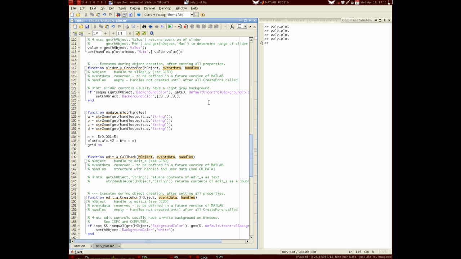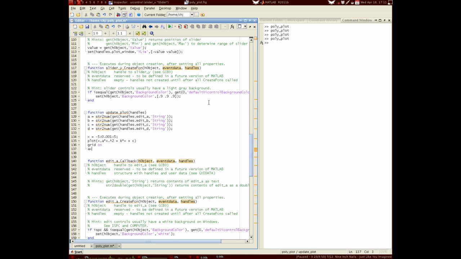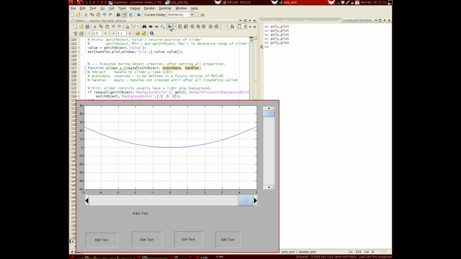Grid on, and the axes probably should be reset as well. So I'll make this from -5 to 5, -50 to 50. And if I'm going to do that, I'll need to reset the sliders back to their maximum values as well, so that these maximum values are honored. So if I run this now,